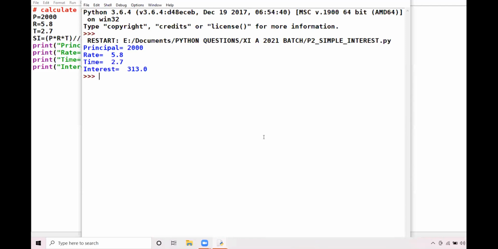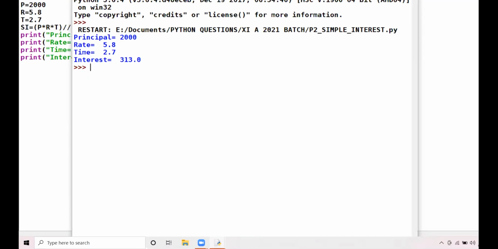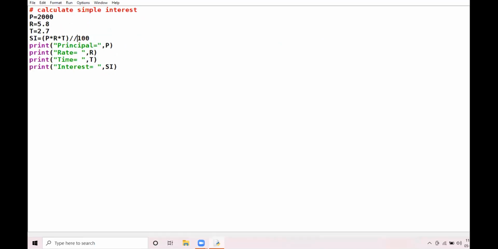See here. Is the difference between floor division and simple division clear? Yes, the difference is clear between floor division and simple division. All right.